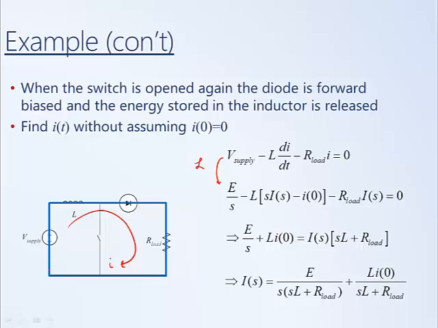Once we have I of S, the last step is then to take the inverse Laplace transform. This term is relatively simple. We have a constant, and then we have a constant times S plus another constant. So this has the basic form of 1 over S plus A if you rearrange it. And so this is something that with a little manipulation we can find directly in our Laplace transform table. This term, depending on how large our Laplace transform table is, we may not be able to find it directly in the